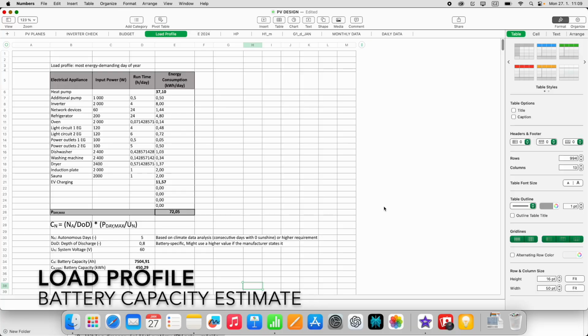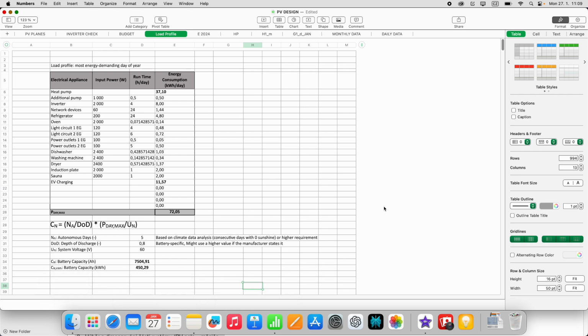This is the load profile. It's a way of approximating the daily energy consumption of a building or of any other system, basically. It's based on the fact that you simply take the input power of the appliances and multiply it by their runtime per day, which results in an energy consumption, and it's also divided by 1,000 to produce